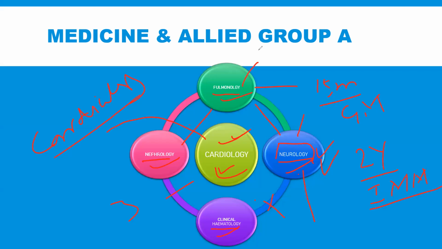And similarly, if you didn't like neurology and want to go to clinical hematology, you can change it. You can go to any one of these specialties in your group, not in another group. If you are looking for a specialty, like dermatology, but you don't have dermatology in Group A, you are supposed to go to Group B, select any one of the specialties which has a low merit, and then you can shift to that specialty later on after 2 years of your initial training. That's why understanding this basic thing is very important.